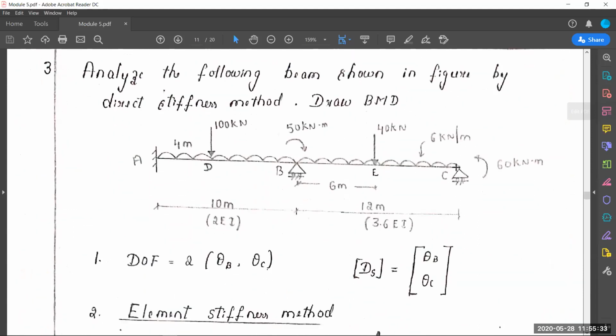This is like a continuous beam. There are two supports given near joints B and C. People can see here. Joint A is a fixed one. At joints B and C, roller supports are given. Find out the degree of freedom then. How much degree of freedom are you going to get? 2, right? Because at the fixed end, no freedom is allowed, so here it is 0.